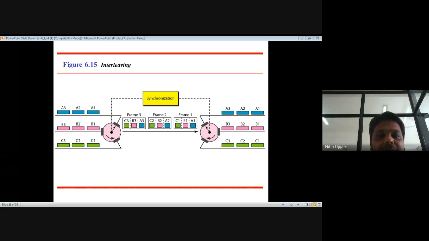I'll go a bit fast. Time division multiplexing can be visualized as 2 fast rotating switches, one on the multiplexing side and the other on the demultiplexing side. These switches are synchronized and rotate at the same speed, but in opposite directions. On the multiplexing side, as the switch opens in front of a connection, that connection has the opportunity to send a unit onto the path, and this process is called interleaving.